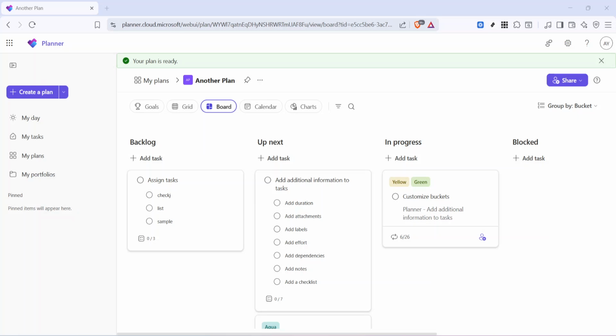In today's video, I'm going to teach you how to delete a plan in Microsoft Planner. If you have an old plan you no longer need, cleaning it up can help keep your workspace organized and easier to manage. Before you go ahead, it's important to know that deleting a plan in Microsoft Planner is permanent. That means the plan and all of its tasks will be removed, so make sure you're deleting the correct one